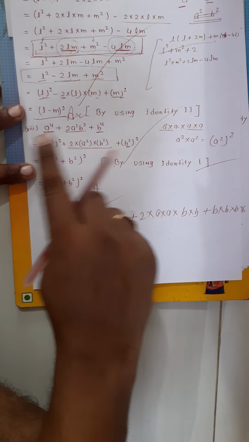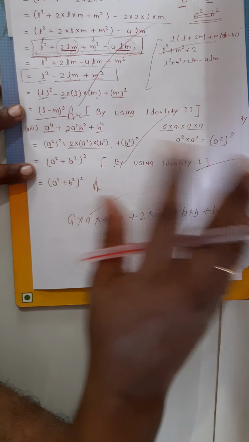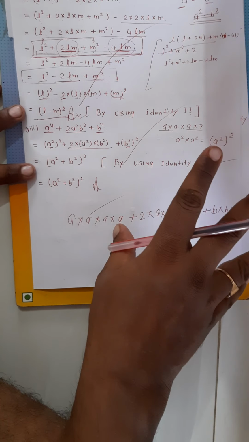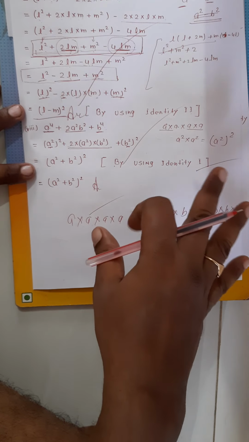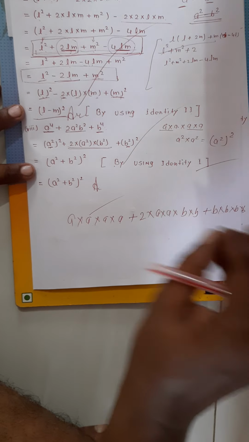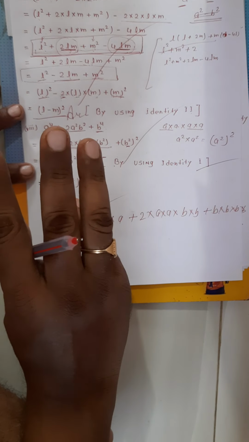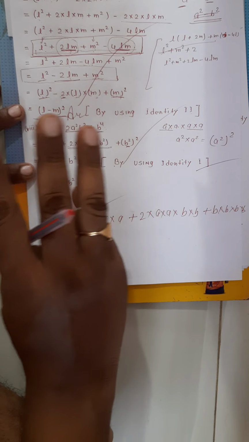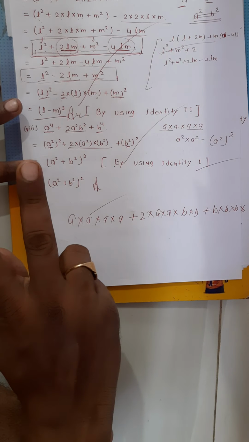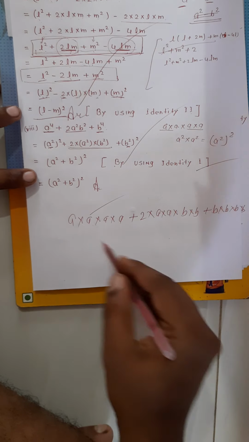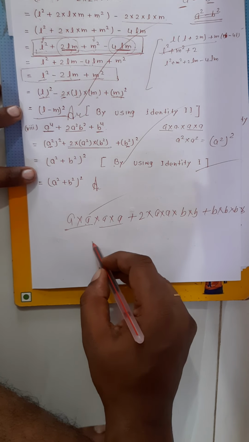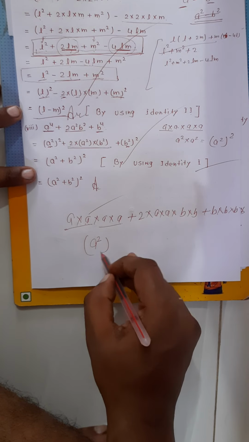Regrouping: here there are no 4 terms, so we cannot use regrouping here. Here there are no 2 terms, so we cannot use identity number 3rd here. We can only use identity number 1st, 2nd and 4th here. We will not talk about identity number 4th, only identity number 1st and 2nd. Check for identity number 1st and 2nd only. For identity number 1st and 2nd we need 2 perfect square terms. So a into a means 2 numbers of a, and 2 numbers of a again, that means the whole square of a square.